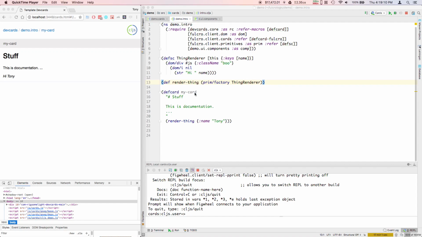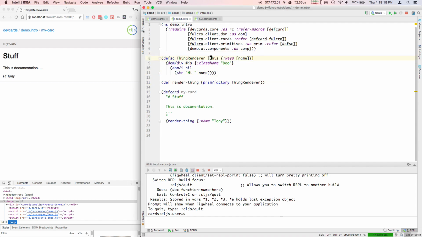We're going to walk you through a few more of the details of Fulcro. At the moment, all we've been doing in the getting started, all we talked about was doing some basic DOM rendering. You need to know that, but it's not sufficient for doing very much. We've added a few things to our requires up here,